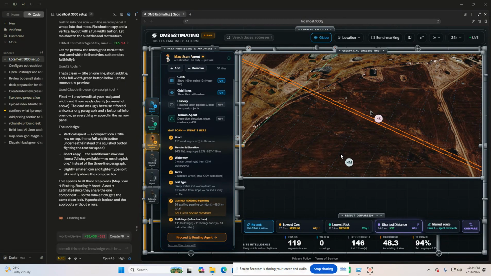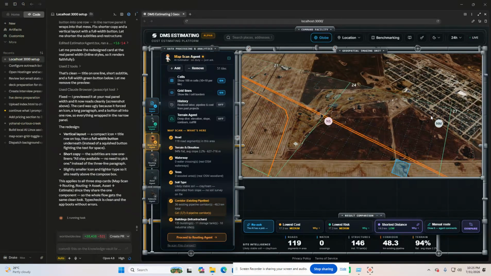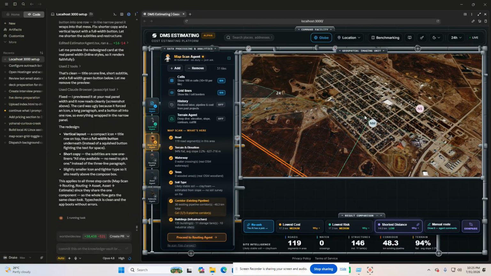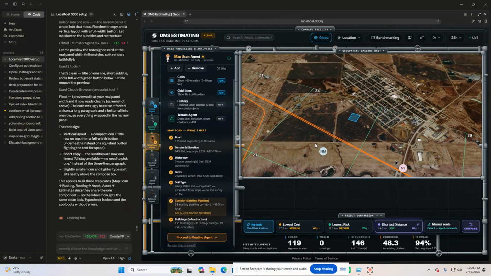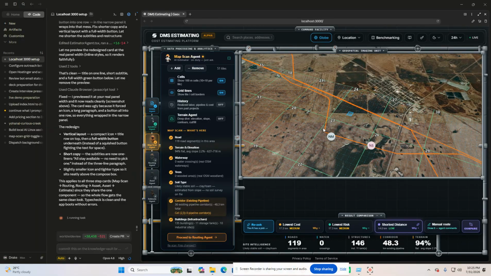I couldn't tell. Looks like a field, it's not houses, right? Zoom out. The houses are right here. Okay, based on this, I will run it along here as well. I'll follow this route.